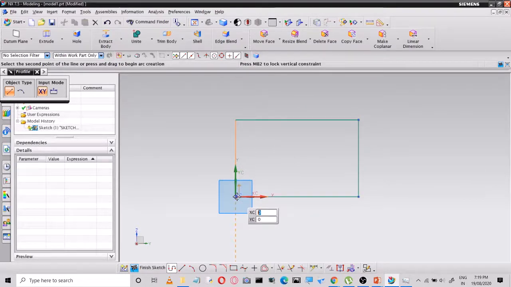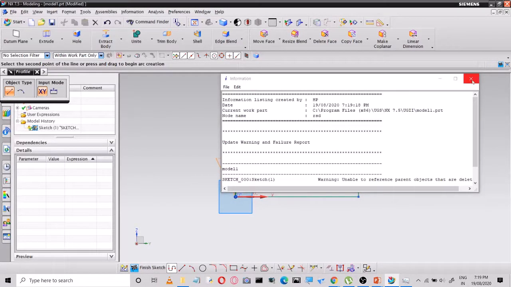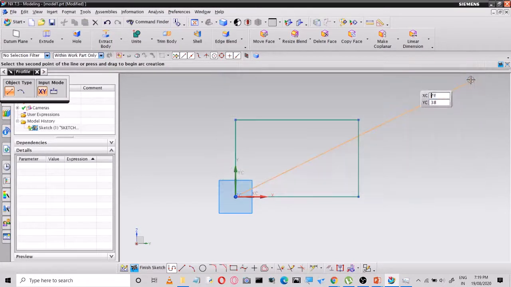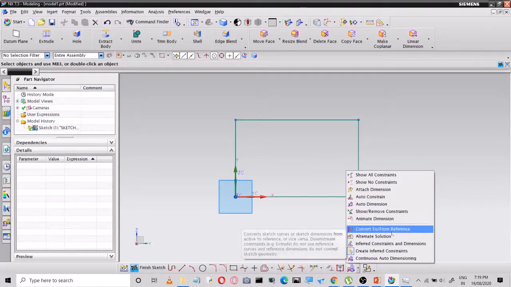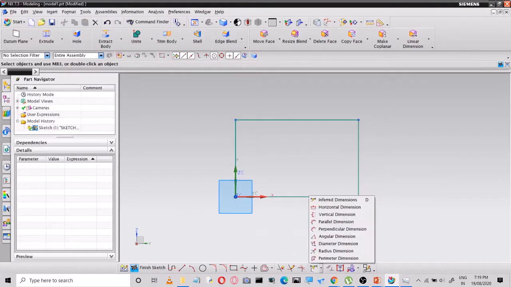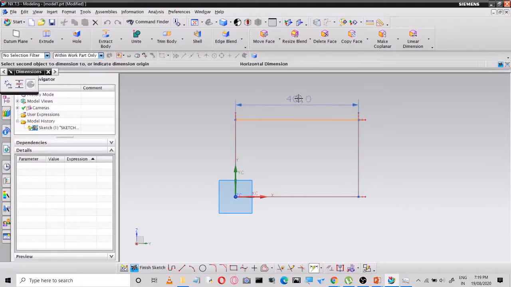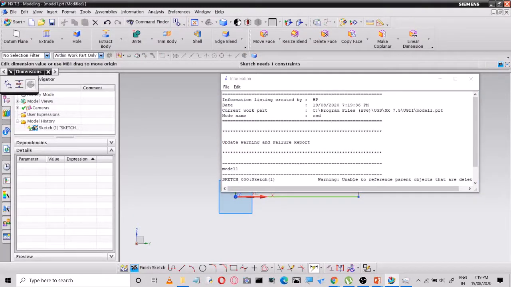Now, I can join. So, you can place the dimensions using dimensions here. You can just click on dimensions here, you can place dimensions. I think from here it has been highlighted.